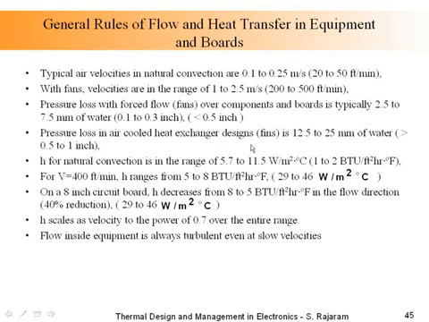If you use heat exchangers, those are high pressure loss components, and typically they can be in the range of 1 to 3 inches of water. Now, the heat transfer coefficient for natural convection will be in the range of about 5 to 8 watts per meter squared. Now, if you use fans with a velocity of 400 feet per minute, which is about 2 meters per second, the h will be of the order of about somewhere in the range of about 30 to 35 watts per meter squared degree C.